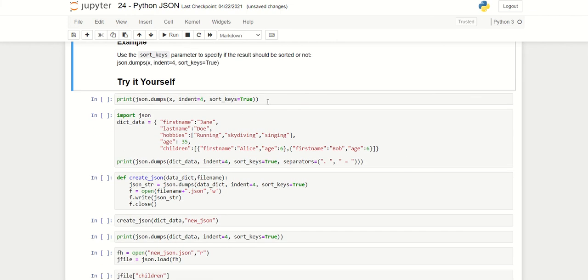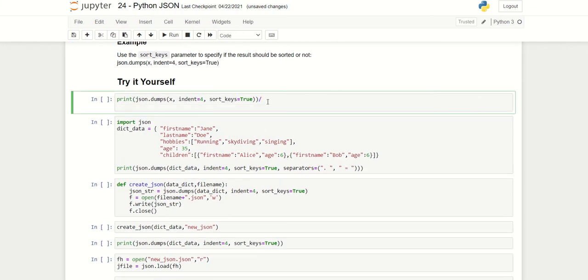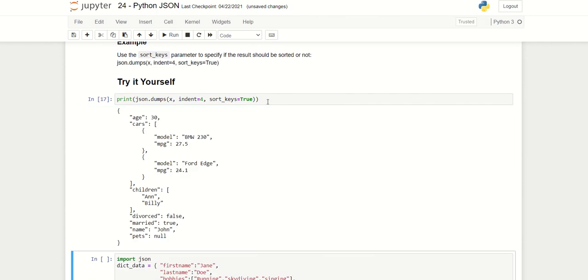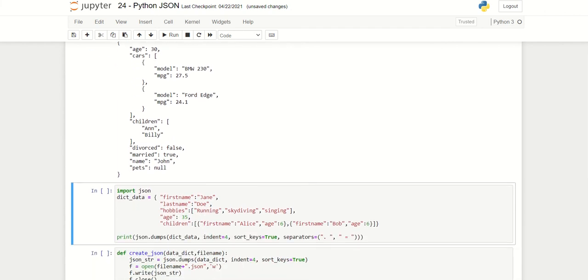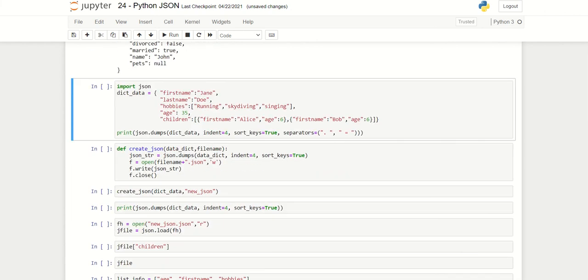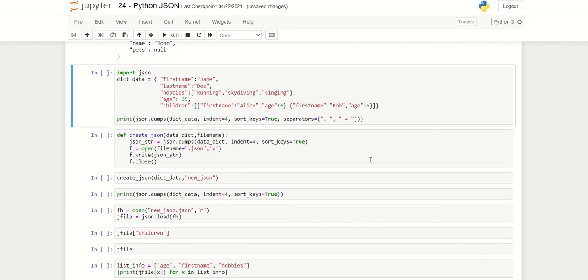So you can also sort. Okay, sort kan ikut dia punya key dia, age, car, model ni, semua dia akan sortkan untuk you. Alright. So ini contoh yang lain lah, macam mana nak dumps the data dictionary and then write to a file name and then